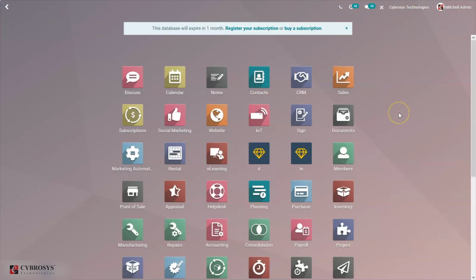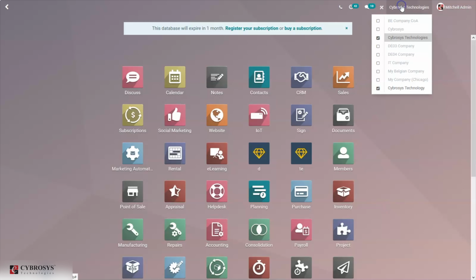Okay, so after installing these modules, you can set company details. You can set the country inside your company.